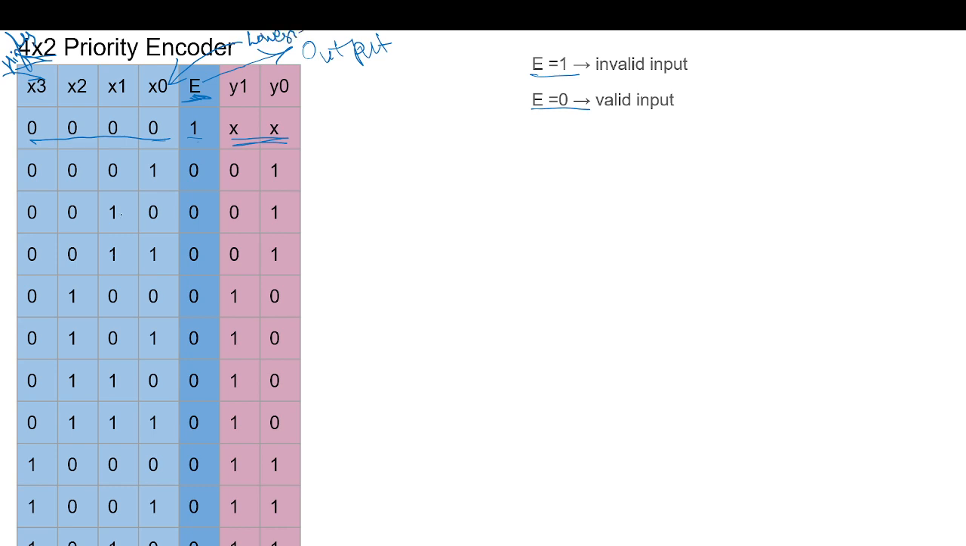So if this and this are 1, I will give priority to this and I will encode to x1. In the same way, if this bit is set to 1, I will give no priority to this x2 and I will encode it as x2. The same way for x3, again I will set it to x3 and I will encode to 3. And like this the table will continue, and all the encodings will be giving priority to